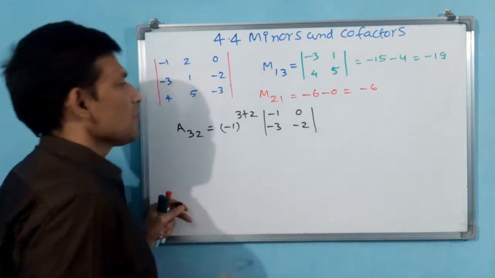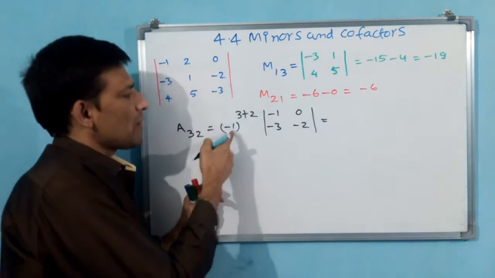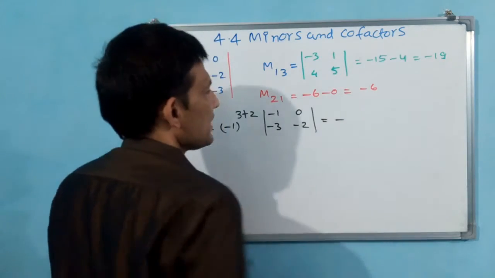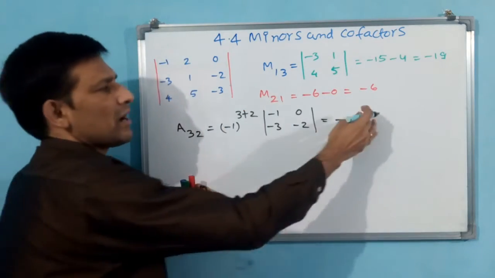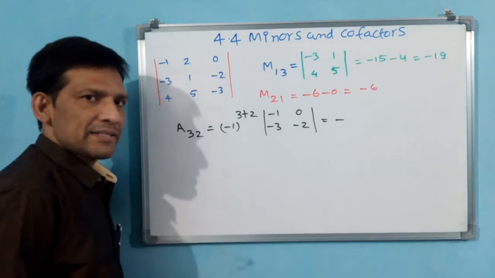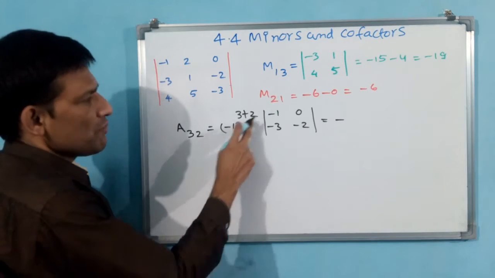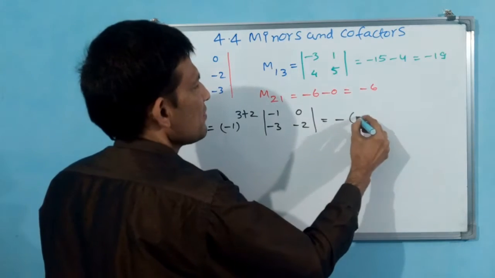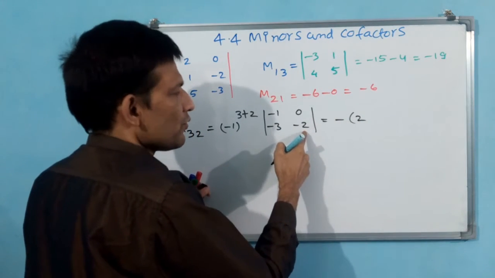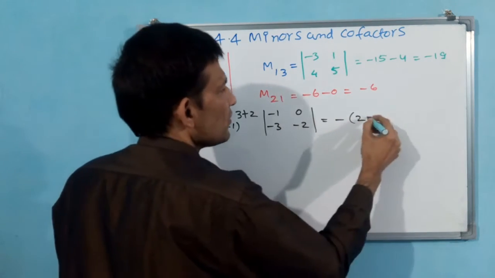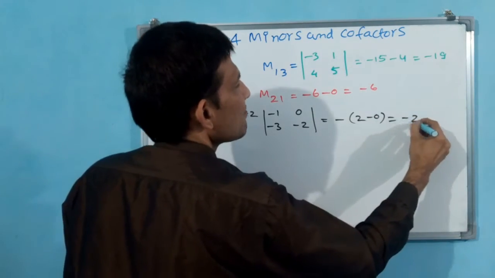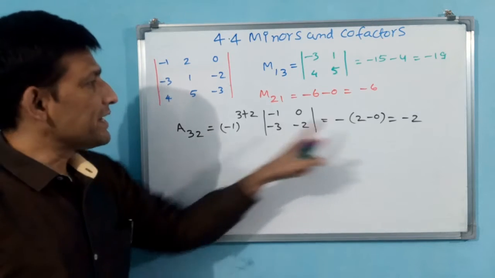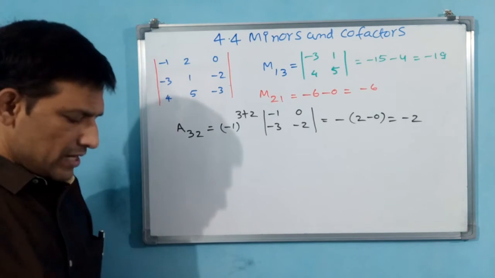Now first of all you see here what will come? (-1) whole power 5 means minus will come. Then you put minus outside first. If minus already comes, then we will make it minus of minus, plus. But first you keep minus. Then minus into minus, plus, that means 2. 1 into 1, 1 into 2, minus 0. That means -2 will come. Now you understand? Cofactor is -2.